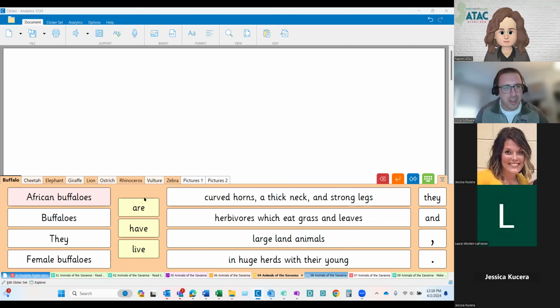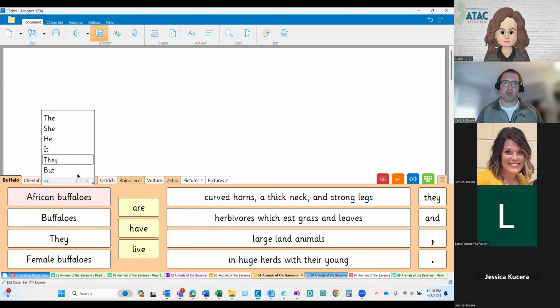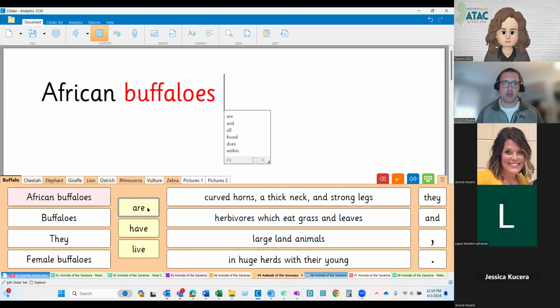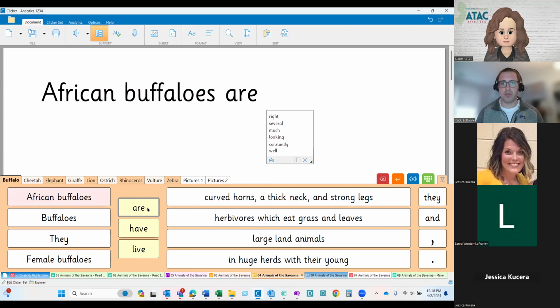All right, so we're here. We're in our connect set, and as I've said, this is a multiple sentence outcome. So this is a topic specific connect set where we could turn on the word predictor here, and you guys can do this in Clicker Writer as well. But as I said before, I just like to show you it because I could show you multiple at the same time. But yeah, as you can see, African buffaloes are... I believe